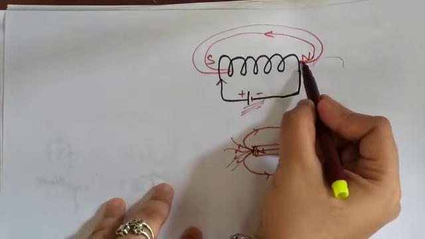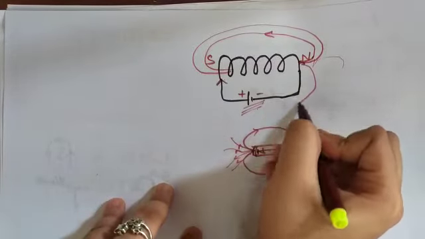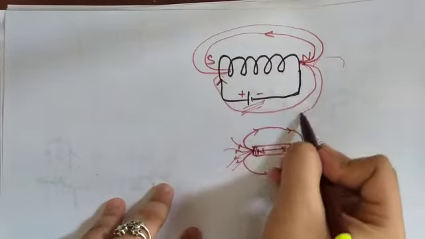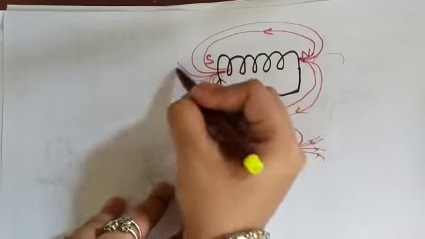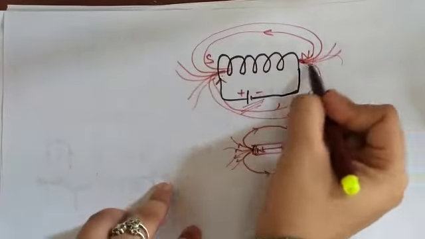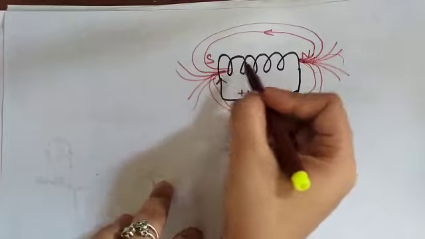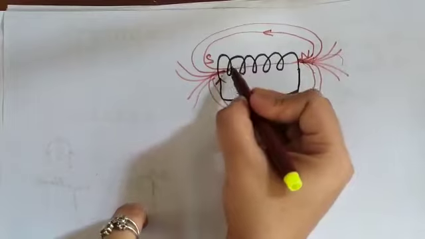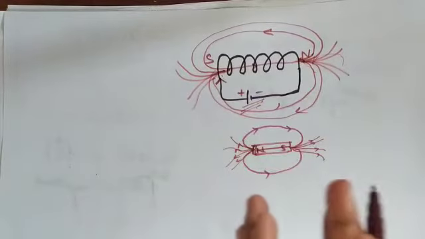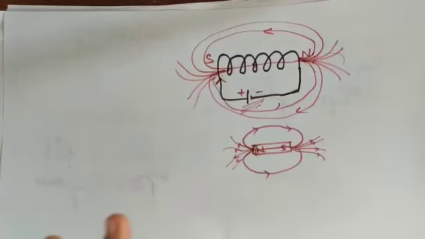So same thing here. If you have taken north to south, the magnetic lines will be emerging out, and near the pole, same thing, there will be more magnetic field. And also inside the solenoid, like a bar magnet, the lines will be parallel, and they will be moving from the south direction to the north direction. Okay, so this is how the magnetic lines are in a solenoid. So a solenoid is actually acting like a bar magnet.